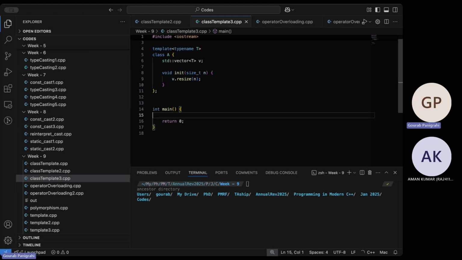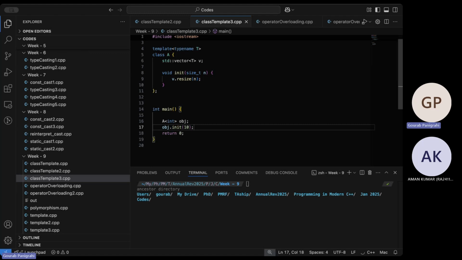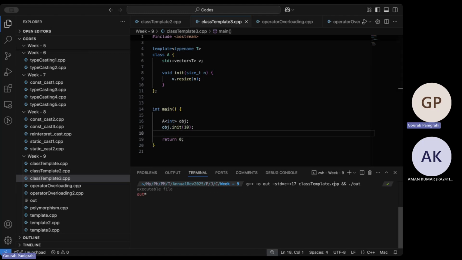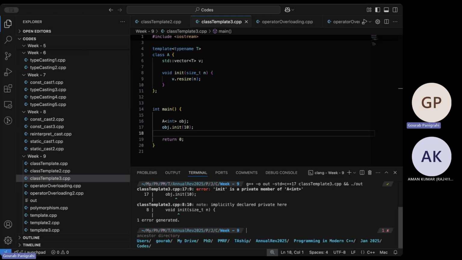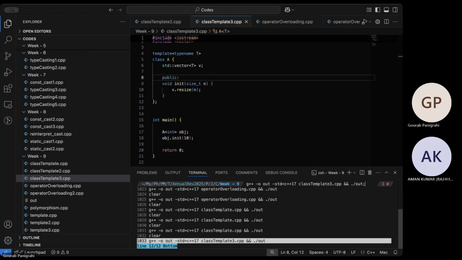So you can do something like an object, but this one has to be known. So let's call it integer. So object dot init, and let's pass 10. It will resize that and then create it. So let's call it G. Private members, so let's make this public. Then we can call init.